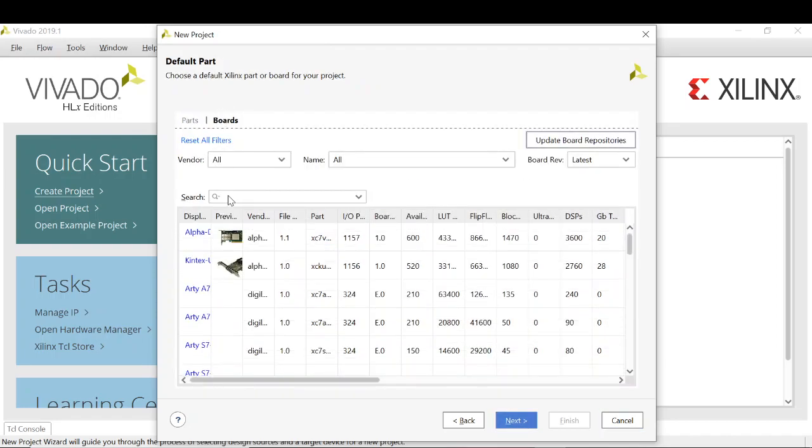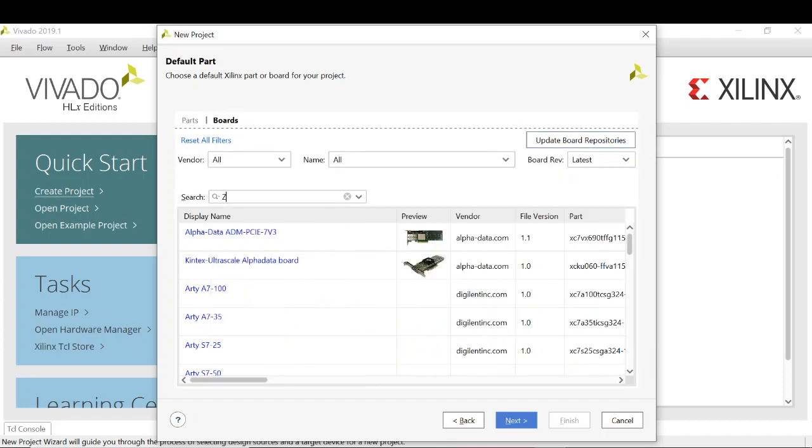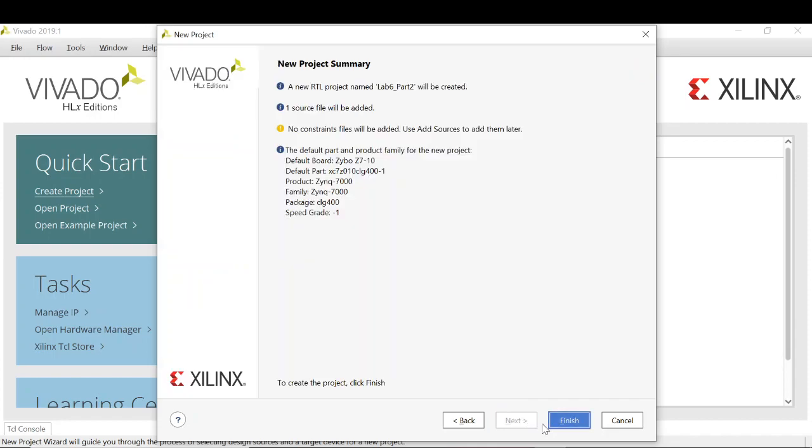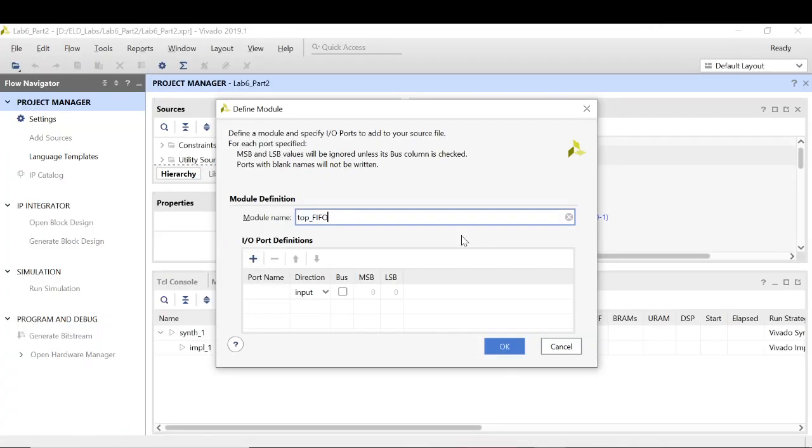So this design we will be testing on the hardware. Alright, so there will be many ports needed in this design. One is the clock of 125 megahertz coming from the board. Then there is a reset. Then there is data input, which we will be giving to write into the FIFO memory.